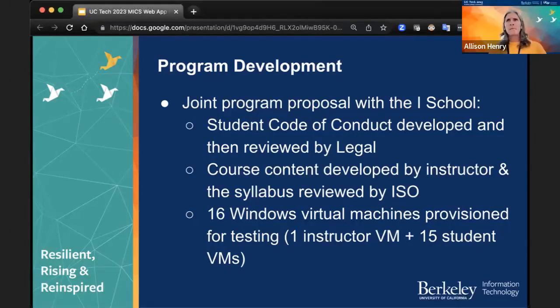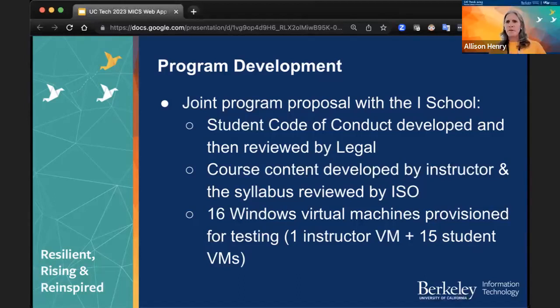In this program, we get the benefits of having students doing our web application testing, but instead of ISO staff having to supervise them, they do it as part of their coursework. They have an instructor who's leading their work and doing the teaching part of this. They're here to learn how to do web application testing, and they're working in a program with us, with our business applications being what's tested. We worked very closely with Lisa and the instructor of the program to come up with what the rules are, first of all.